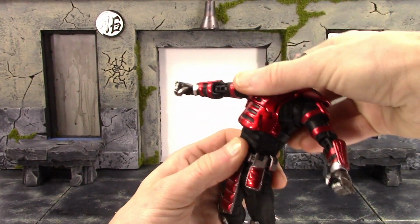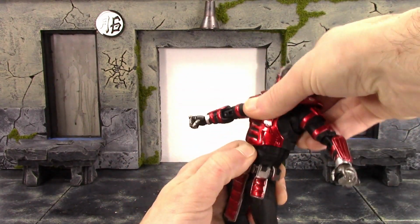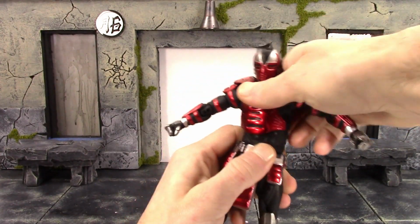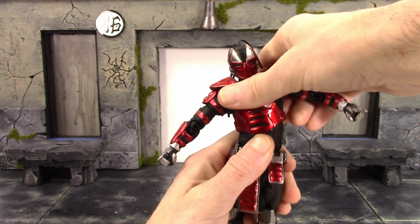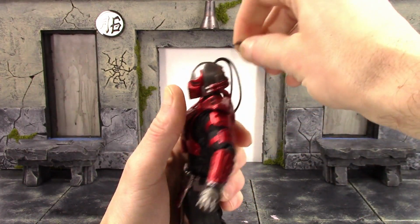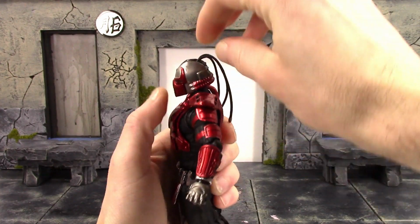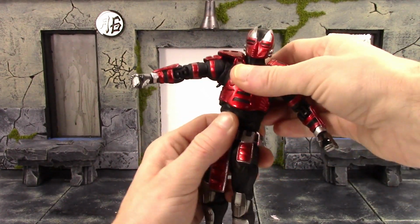So you can get Sector to go back with the torso about that much, and then crunches forward about that much with the joint. Then you do get really nice pivot. Beautiful pivot at that torso right there, so I really do like the pivot there. Then it does swivel as well, and one of the cable dreads came out again. Gosh darn it, Sector. But you do get some very nice articulation at the torso here. It does swivel